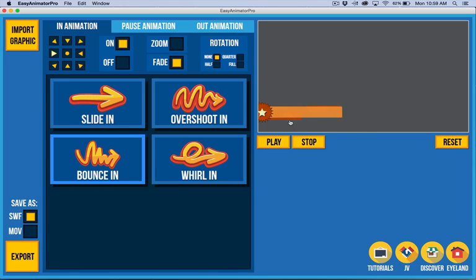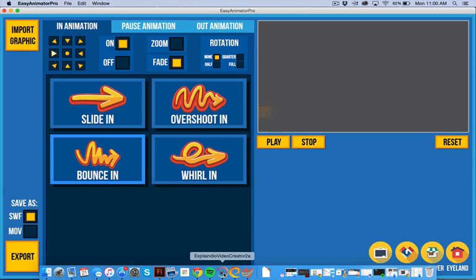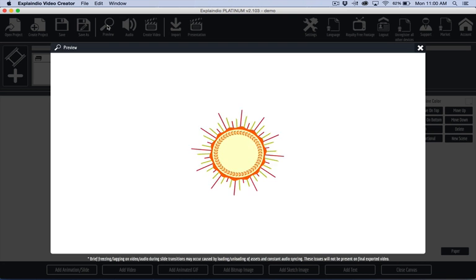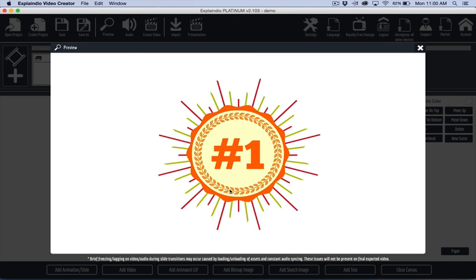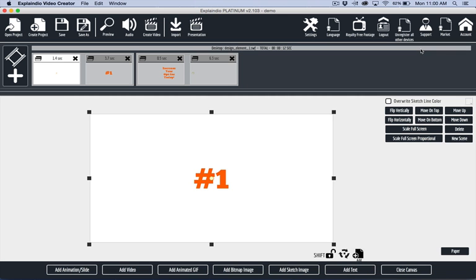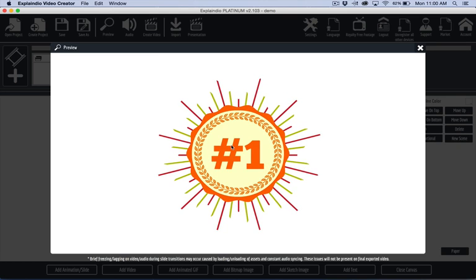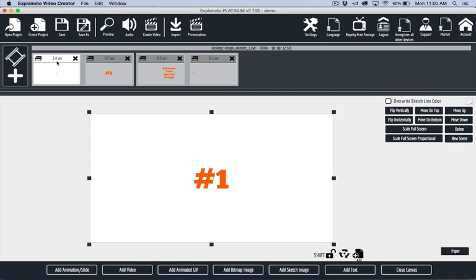What I did here, besides this lower third, I've got Explaindio open, and I've taken a few of these animations that I've created in Eve. Here's one example where maybe I am in my video saying point number 1, bonus number 1, or whatever. And so I just have this nice little animation. I put this together in Easy Vector Editor. This, by the way, that little effect right there, little art image,